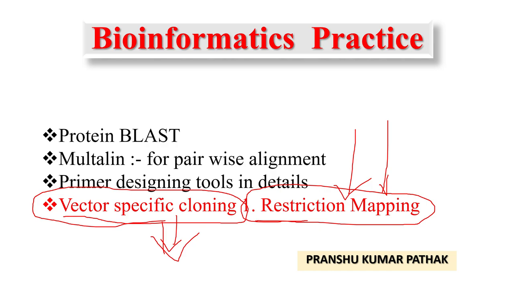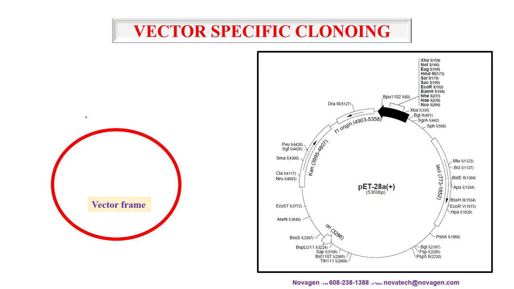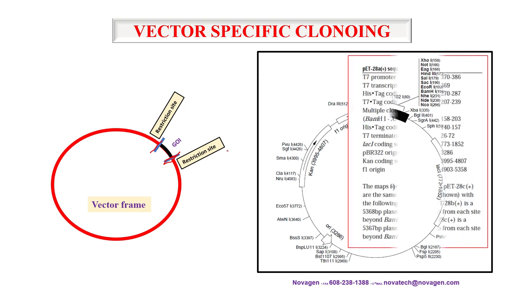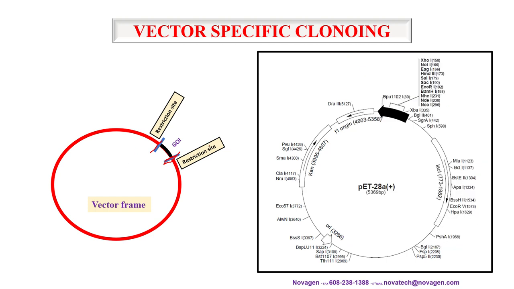So for this, let's play. This is your vector. In this vector, what is much important? This is your gene of interest. So you have to clone this sequence with the help of restriction enzymes. So this restriction enzyme is really very important for you guys. So where will you incorporate your gene of interest? This is another question. So for this you have to understand, in any type of vector,